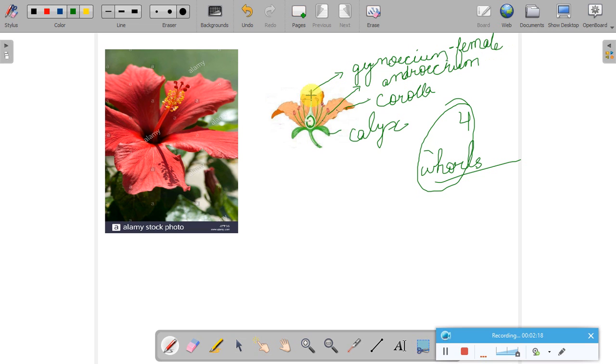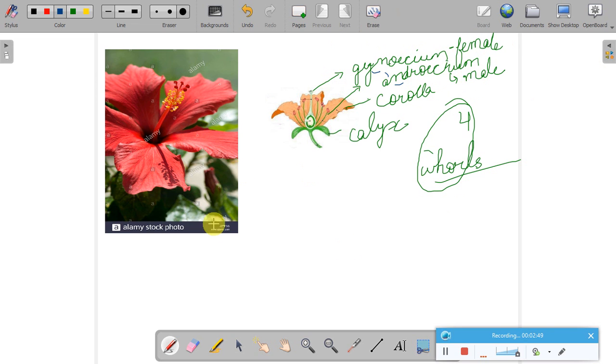Okay, gynoecium, this has the female reproductive parts of the flower, and androecium has the male reproductive parts of the flower. Okay, so again I'm repeating: calyx, corolla, androecium, gynoecium, where the gynoecium is the female and androecium is the male.